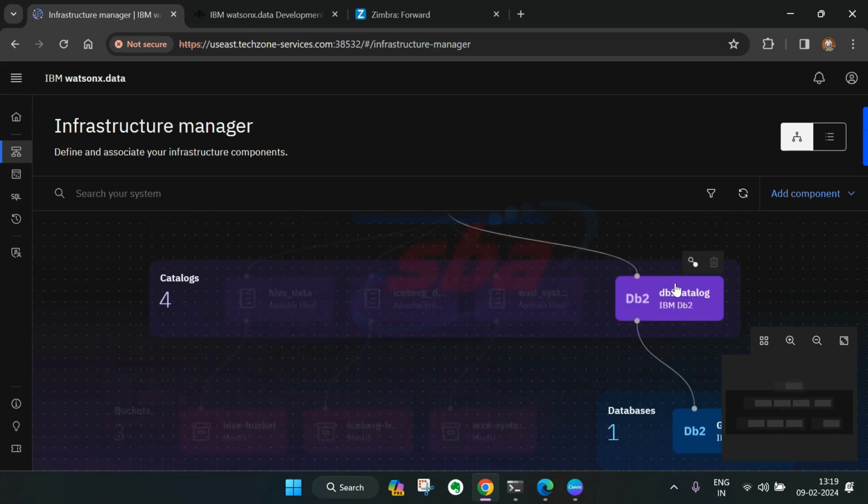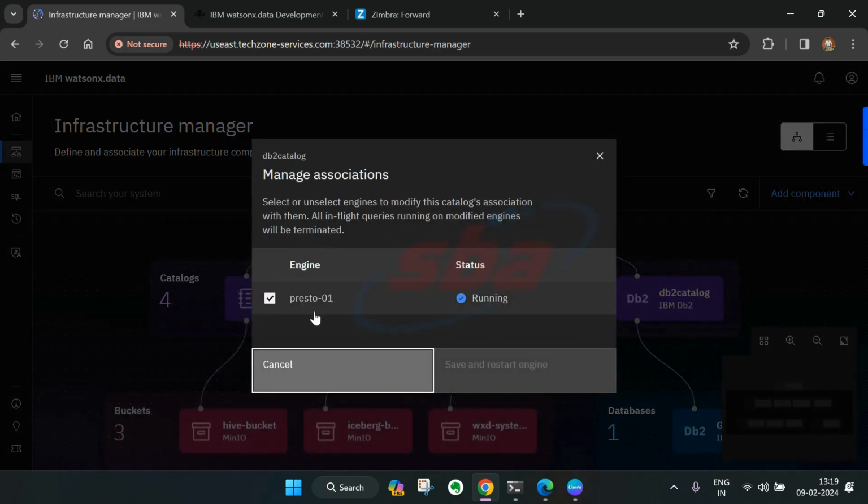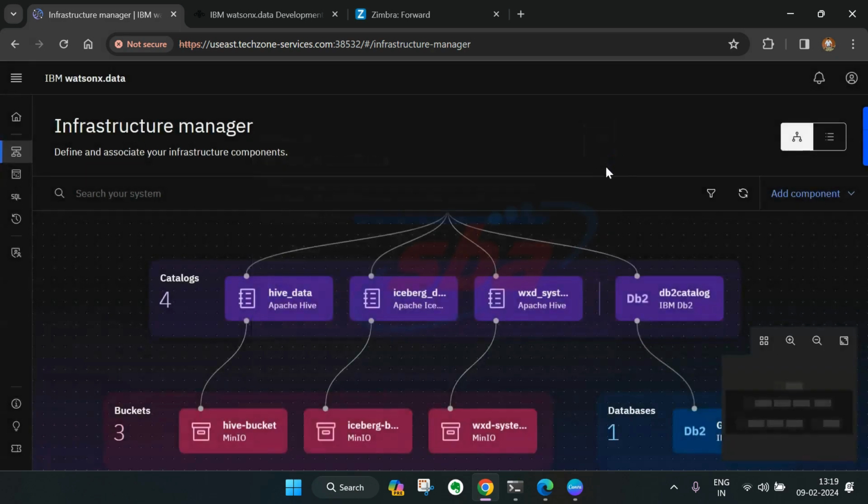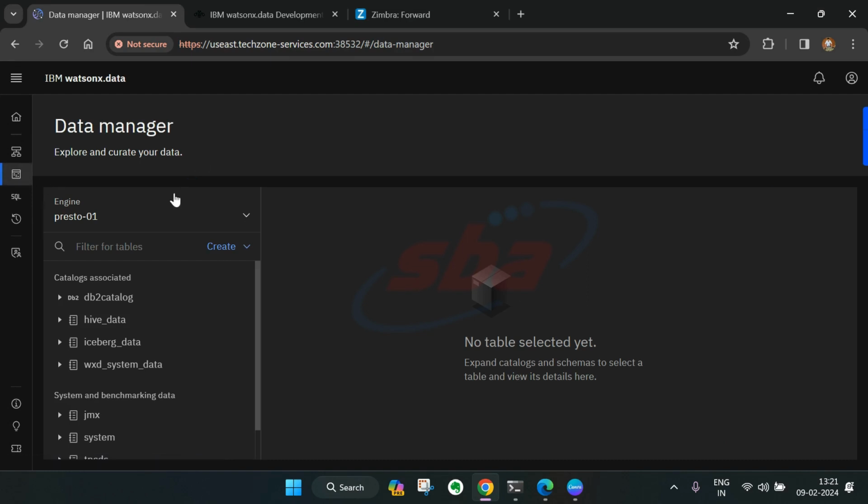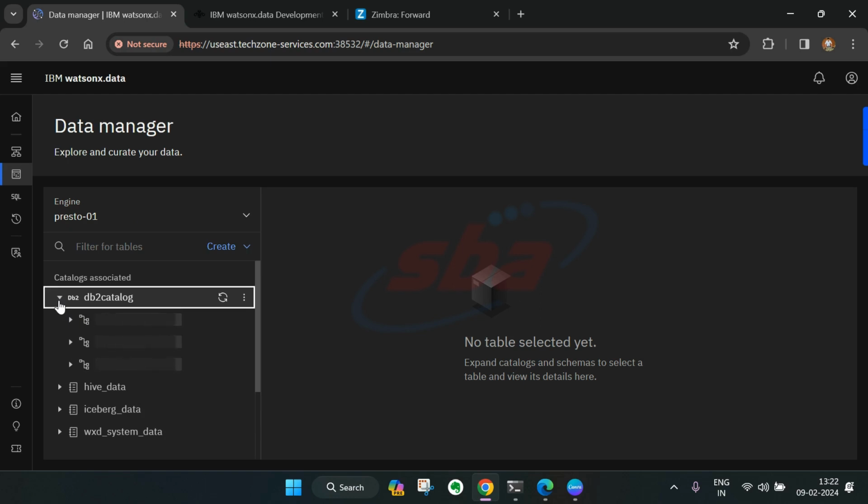However, when this catalog is created, it is not associated with a query engine. What we have to do is click on Manage Associations, select the engine that you want this to be associated with, and restart the engine. Now let me go and see if this is reflected in the data manager page. So as you can see, the catalogs are associated. If I click on the DB2 catalog,